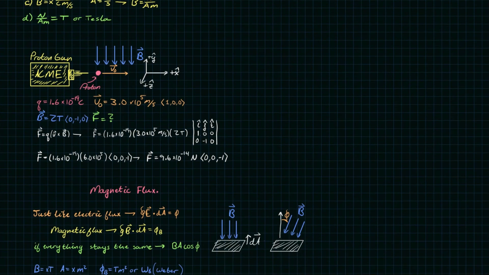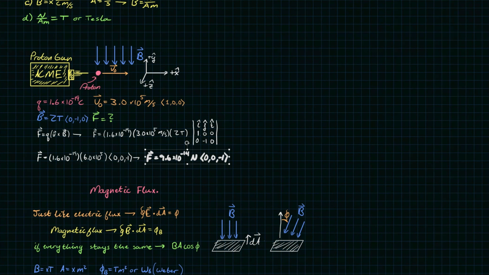So we know that F is Q times the cross product of V and B. So we plugged in our Q. And for the cross product of V and B, you can take the scalars off of your numbers, keep them outside of the cross product, and then just do the cross product of your vectors. So we'll put those in there, reduce some terms, and complete our cross product, which will leave us with our final answer of 9.6 times 10 to the negative 14 newtons in the negative z direction,